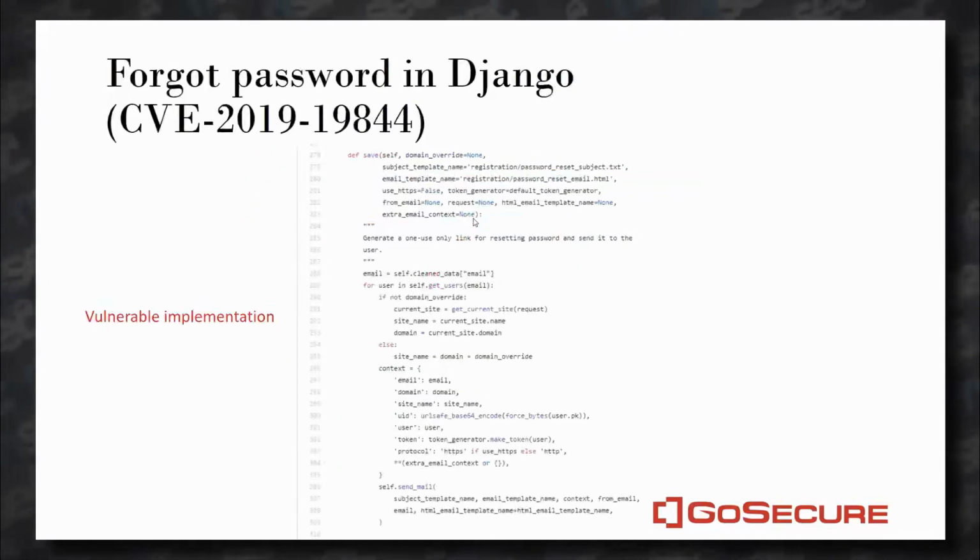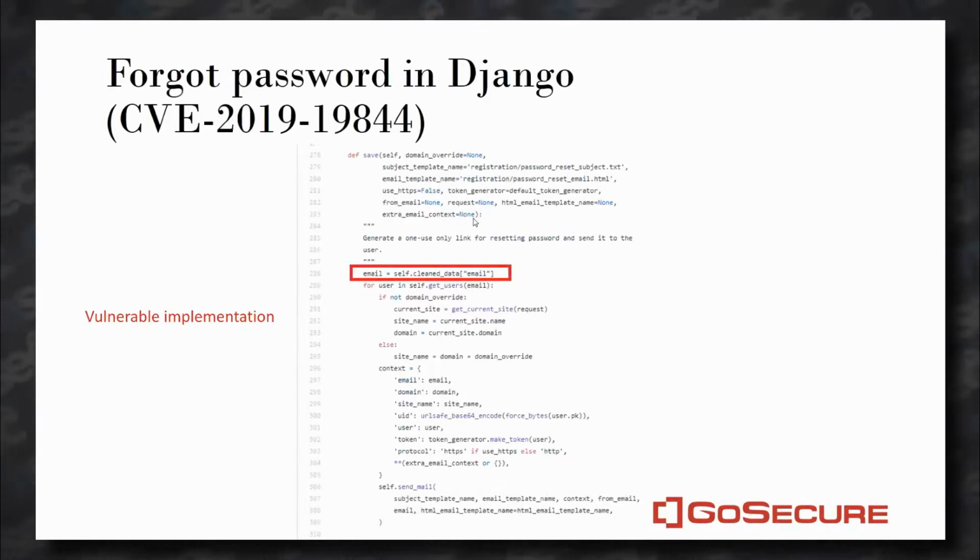We also have this recent vulnerability in Django, in the password reset functionality, where basically the email was doing a weak comparison with, I think, lowercase.